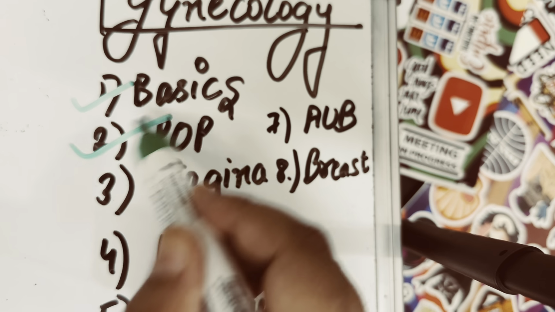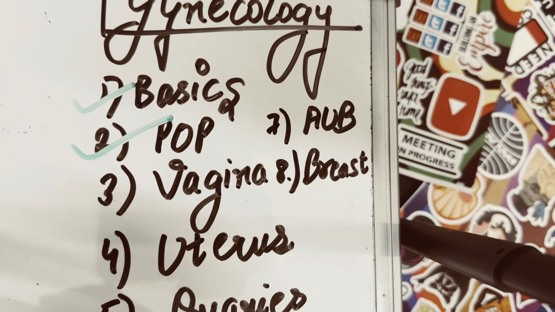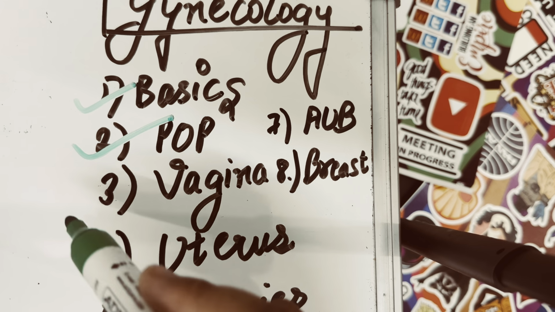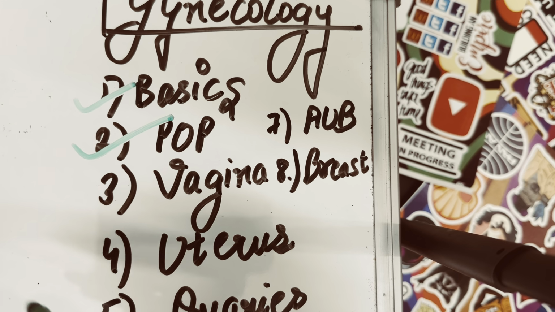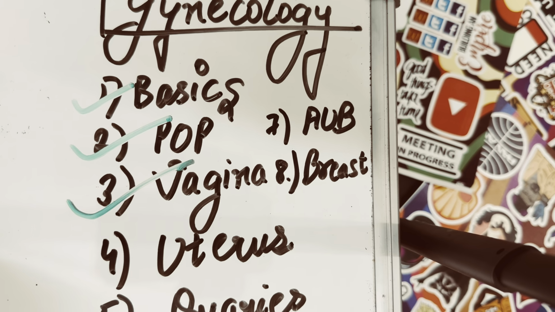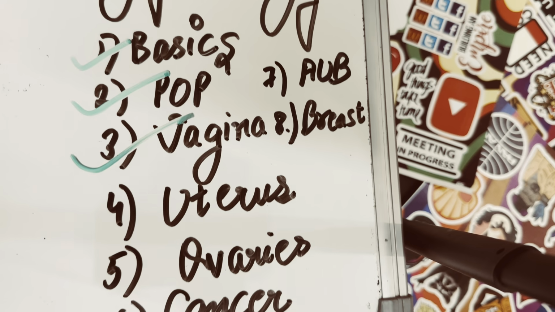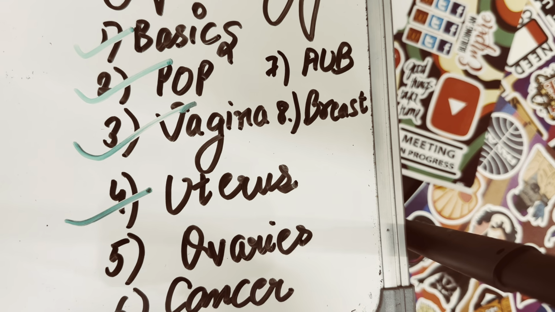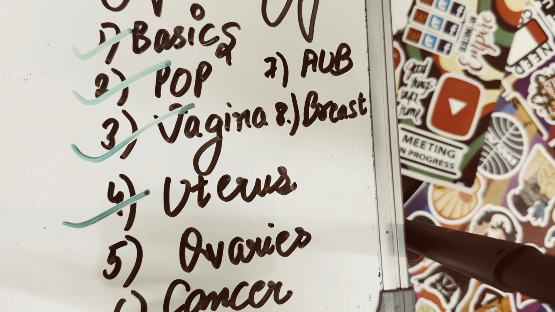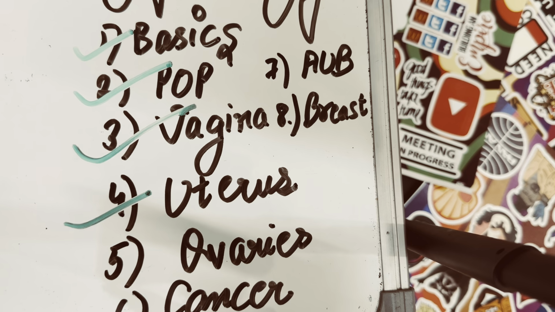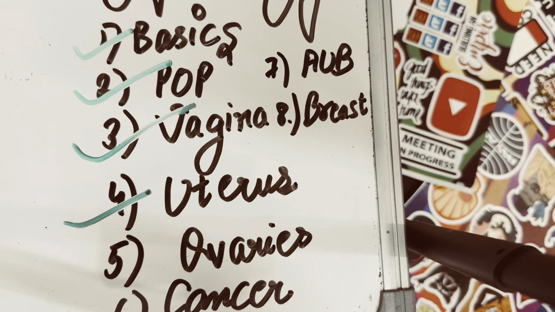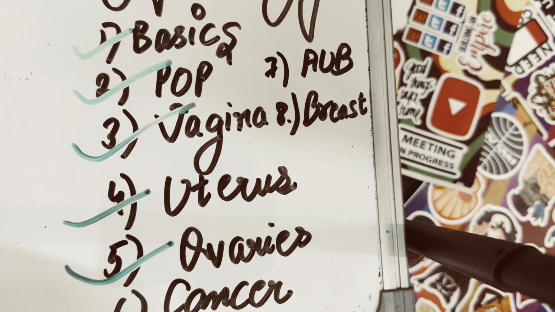We'll study about the pelvic organ prolapse and incontinence, various types of urinary incontinence. We'll study about the vaginal anatomy and related pathologies. We're gonna study about the uterus and its anomalies, fibroids and adenomyosis, and different diseases and pathologies of the uterus. We'll study about the ovaries and related pathology, like many of the ovarian disorders, ovarian